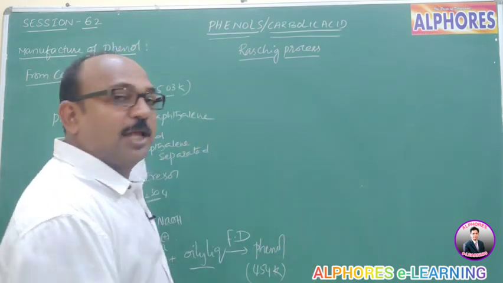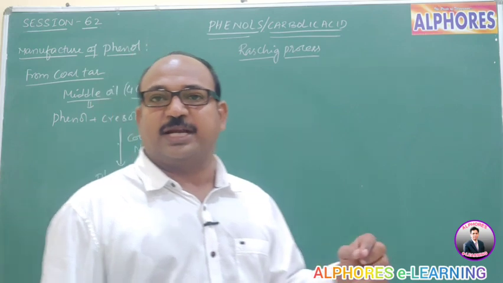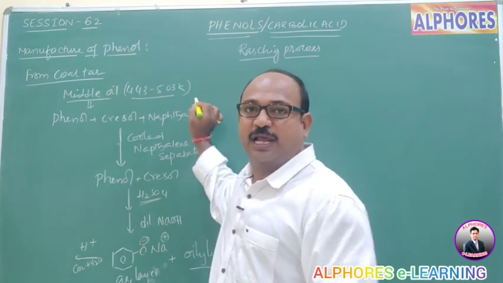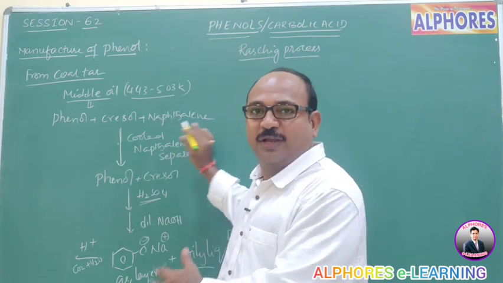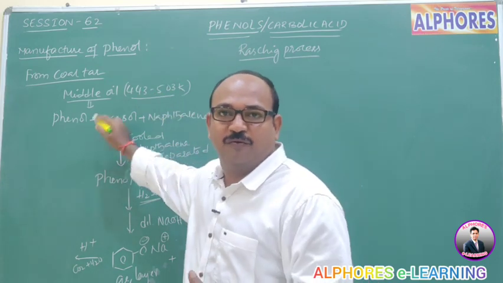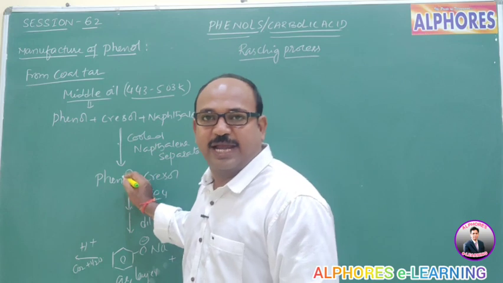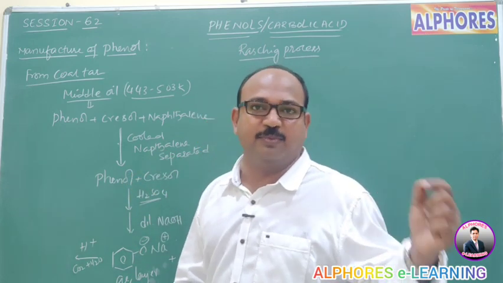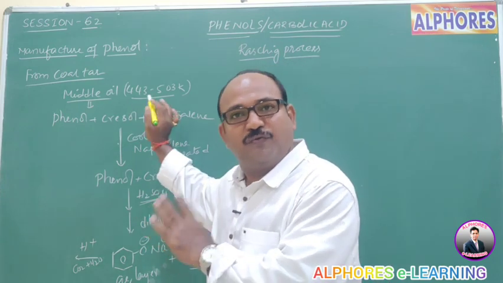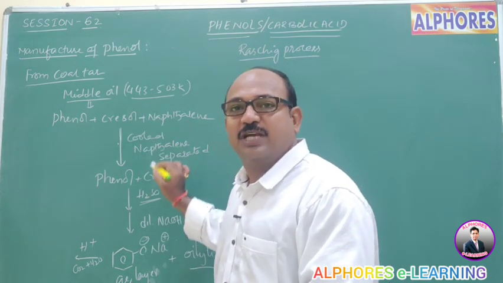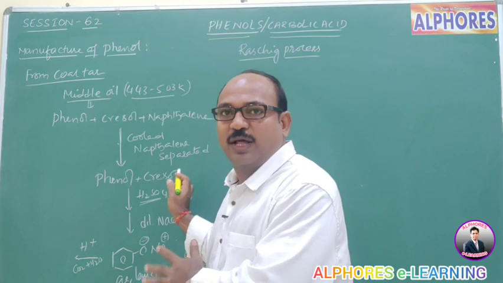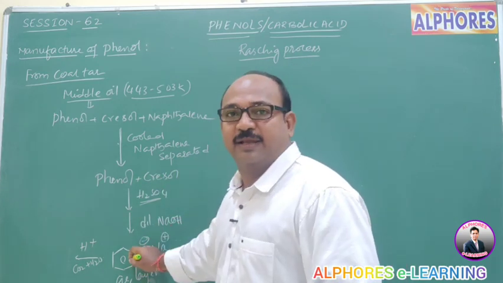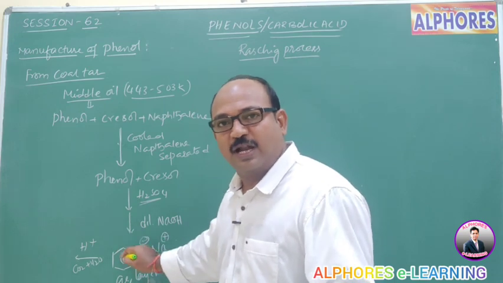So once again, middle oil, which is obtained from destructive distillation of coal tar, consists mainly of phenol, cresol and naphthalene, and upon cooling naphthalene separates out. Now we are having phenol and cresol, which upon reaction with dilute sulfuric acid, for what purpose? To remove any basic impurities, and we are getting only phenol and cresol. Upon reaction with caustic soda, dilute sodium hydroxide, we are getting two forms. One is the salt form, another one is